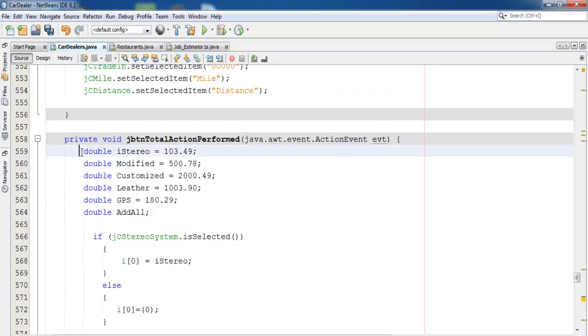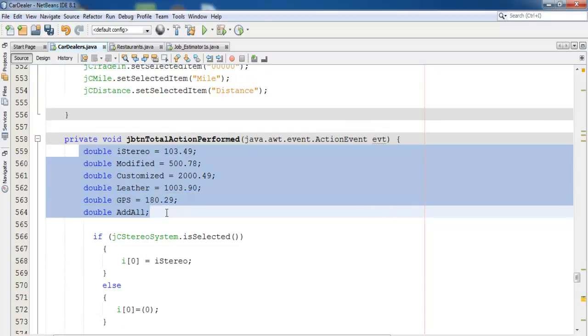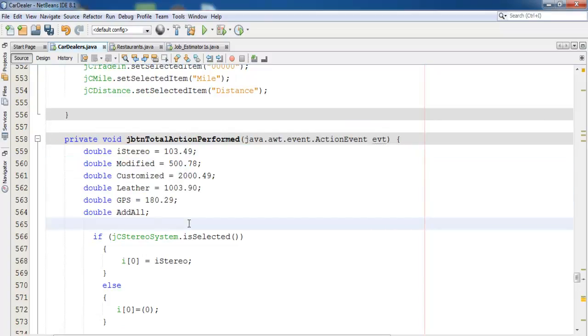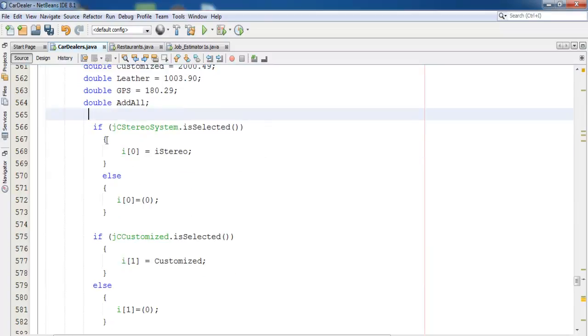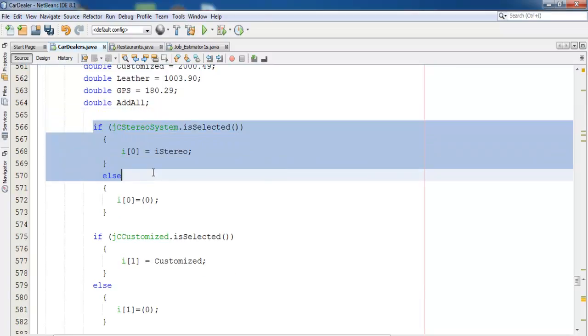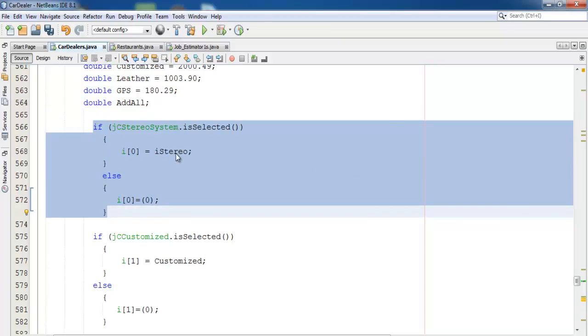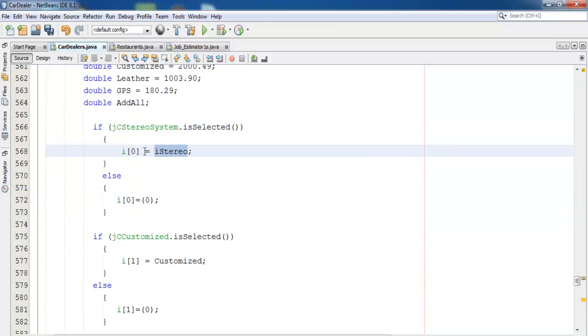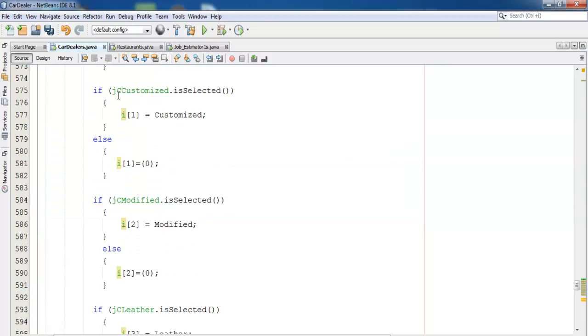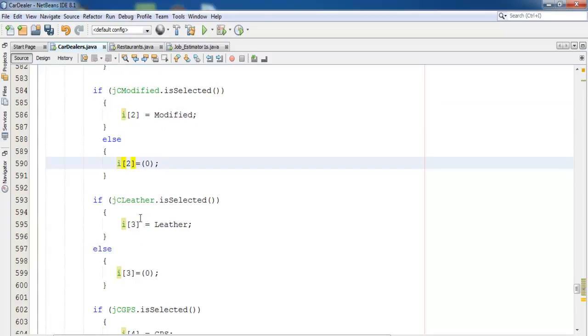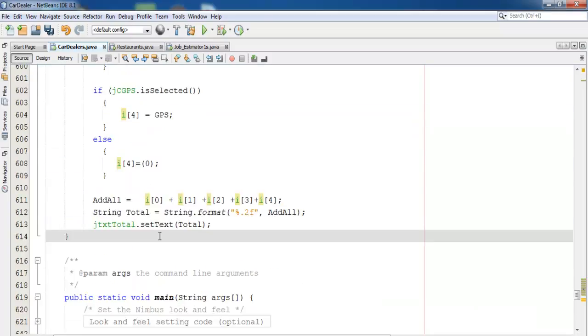As a quick recap, I have all my variables in place right there, and now here, all of this here, that is if this stereo is selected, the cost of stereo is stored into this array. If it's a customized car, it's stored in here. If it's modified, it's stored here, and so on. Okay, but it's not over yet. There's still a lot of coding to go through. But first thing, let's